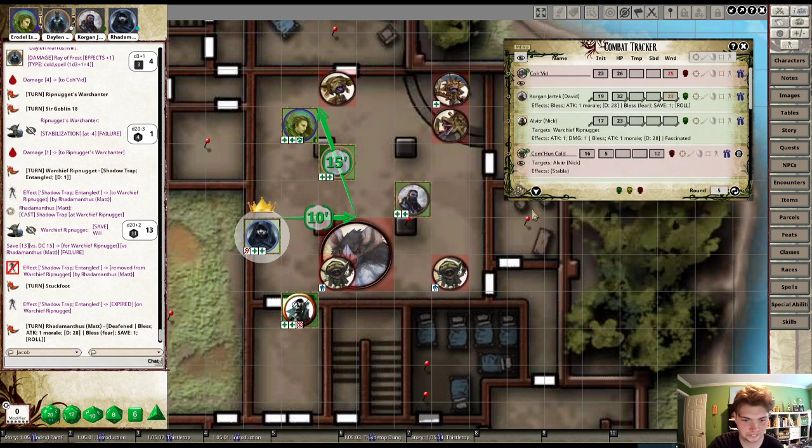So what I'm gonna do is, being blunt, I don't really want to get close to Rip Nugget. That's fair. Rip Nugget can be scary. He's a war chief, isn't he? So I'm gonna take my move action to move up